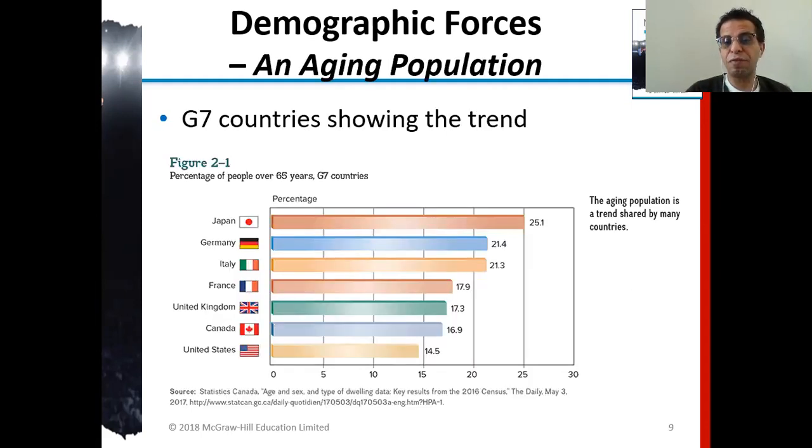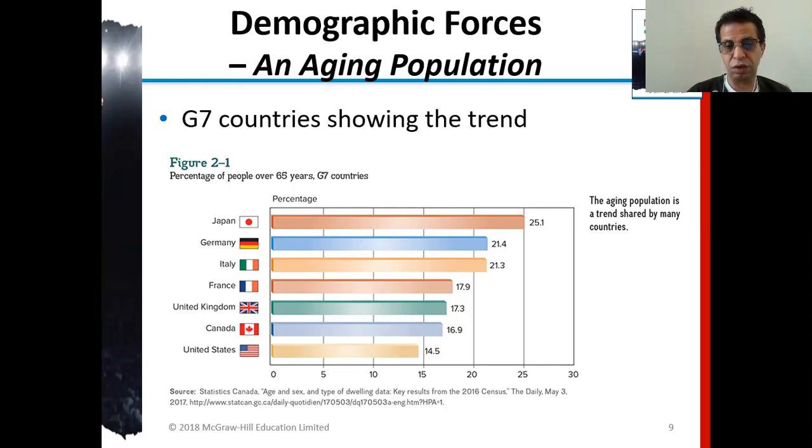So in the demographic forces, we will talk about when the ethnic makeup changes, what effort we need to make and what kind of products we can bring and start marketing. But back to demographic forces, which is an aging population that we are looking at,